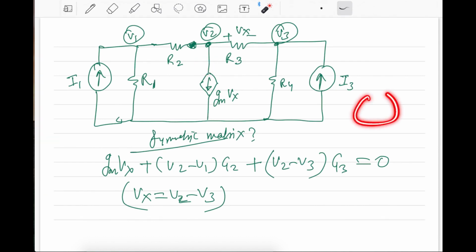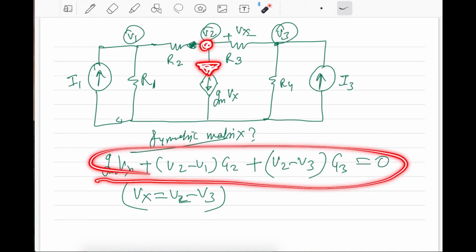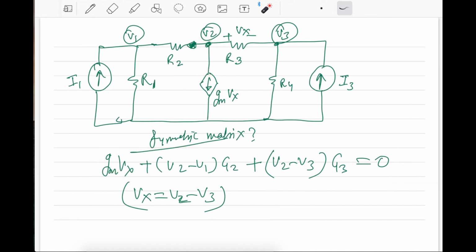In the case of a voltage source connected to a node, we do not know exactly what this current is, because as I showed you in the IV characteristics, we do not know how much is flowing. But in the current source, you already know it is gmVx, right? So that is why we wrote simply like this. Are you able to get the point? Yes, sir.